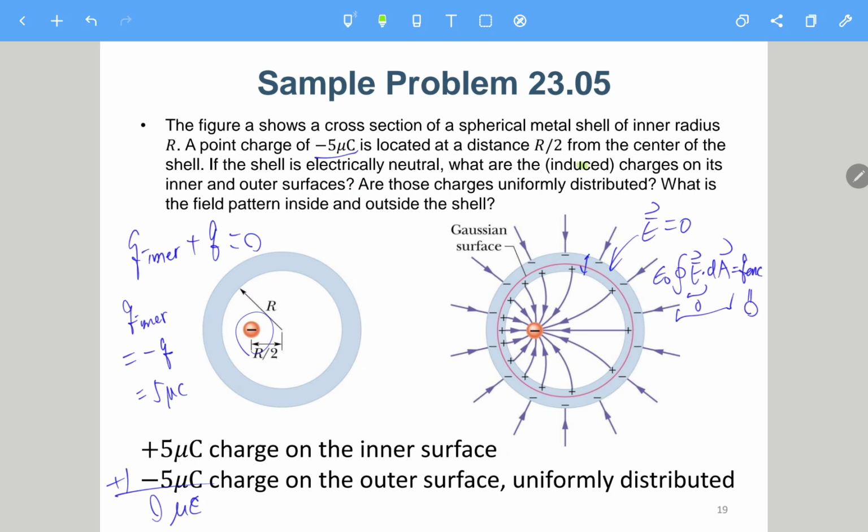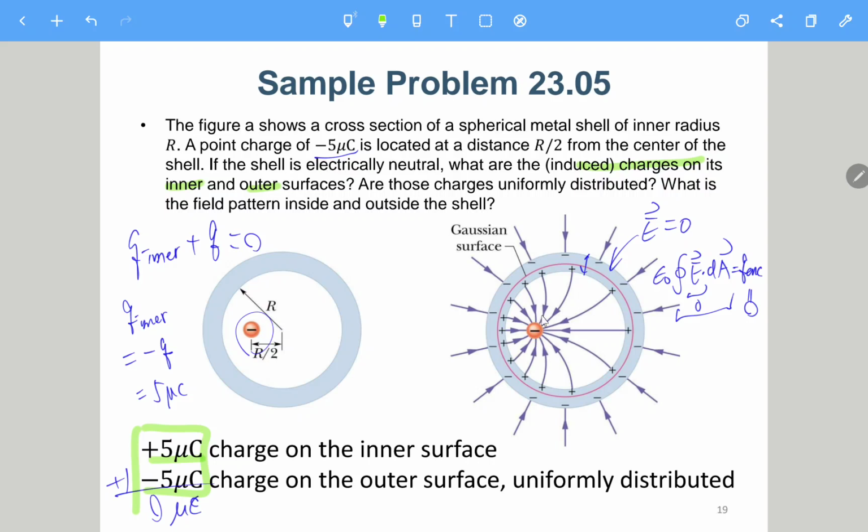Because it asks for the induced charge on its inner and outer surface, these two are the answer to it. And then, are those charges uniformly distributed? What is the field pattern inside and outside the shell? Okay, so